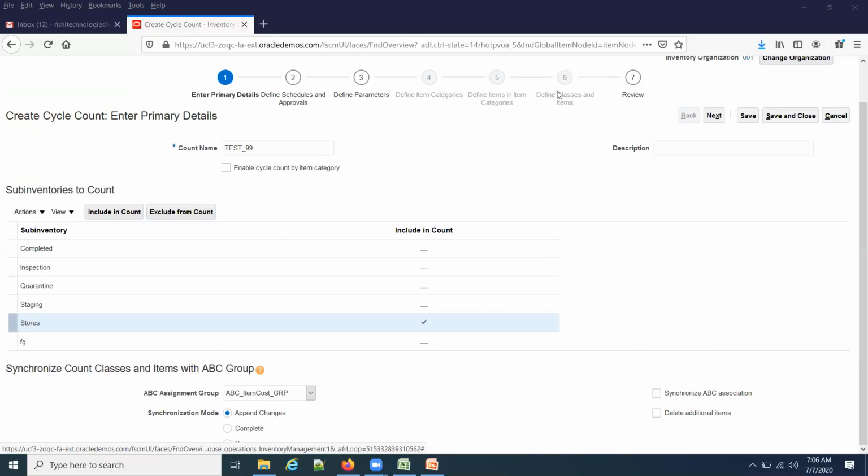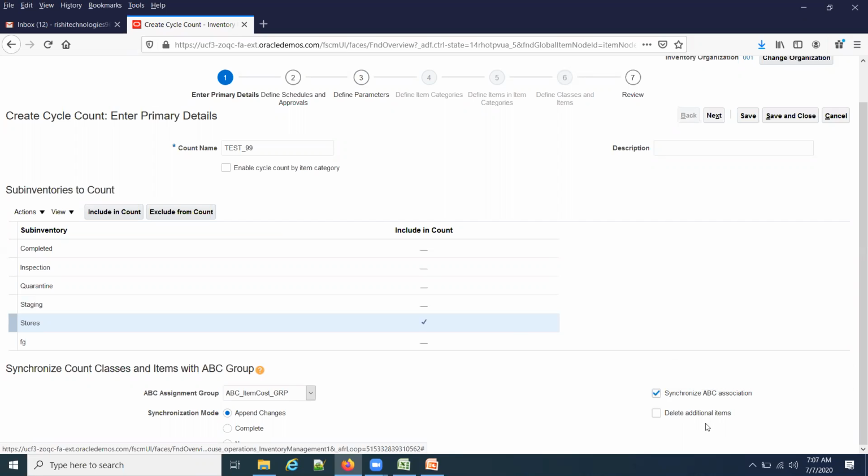If you want to add another item, or delete one of the items from this cycle counting, those items need to be added or removed. In that case, if you go with append changes, whatever changes happened in this group will take effect in your cycle counting when you select synchronization.